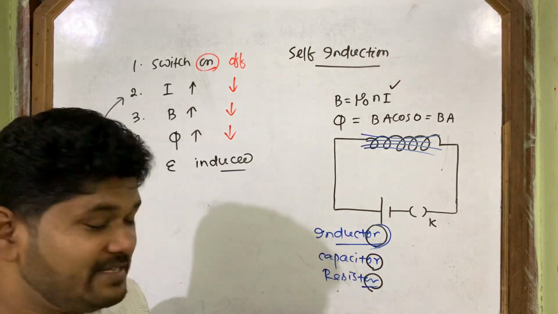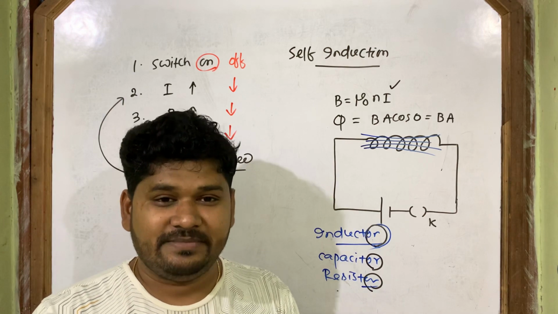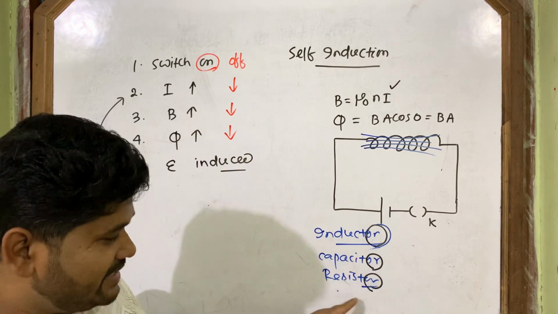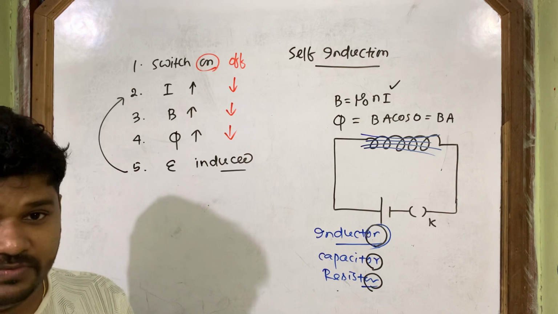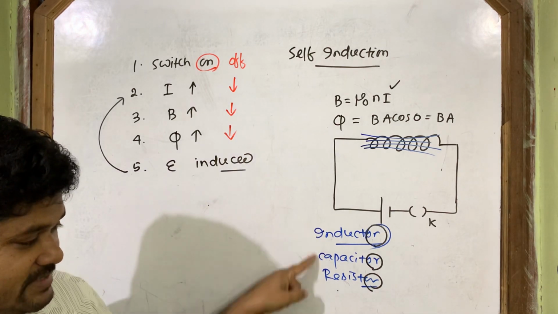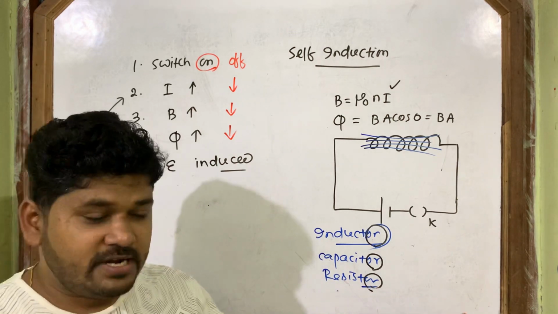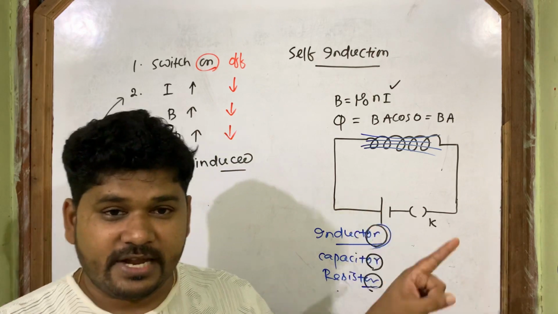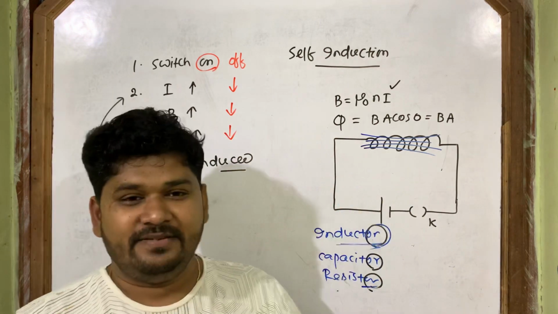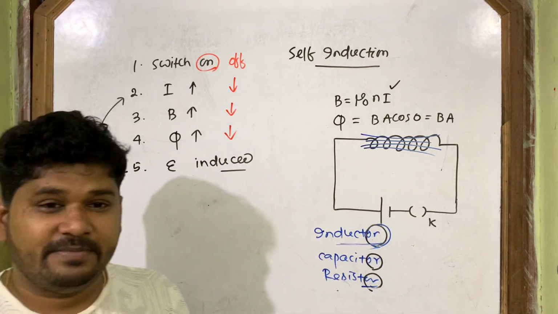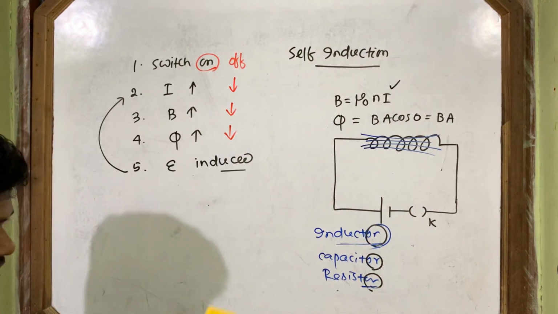These are the 3 circuit elements of an electrical circuit. By these 3 circuit elements, all electrical circuits are made in your house or anywhere. What are these 3? Resistor, capacitor and inductor. You clearly understood the resistor in current electricity, and the capacitor in the second chapter, and today I introduced the inductor. So now you have completely understood your 3 circuit elements.